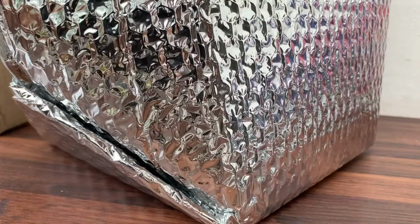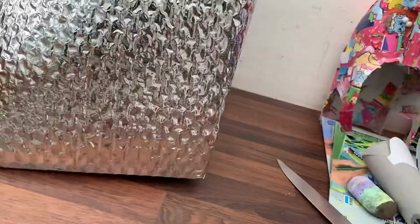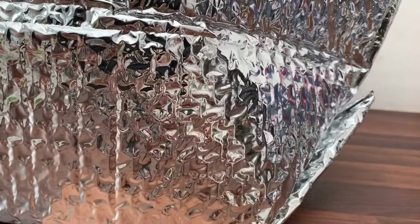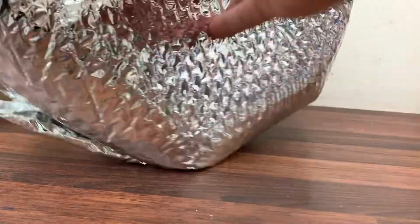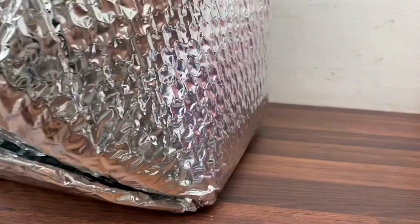So it comes in this really cool, oh, got a little sweetie. I don't know if you can see that. And let's just bring that up. Oh, it's my hands all over it. It comes with a little sweetie on there as well, which is cool. Lovely foil packaging. Loving that. Right, so let's get her open. I'm trying to do this and do it on the camera, so apologies if it's...